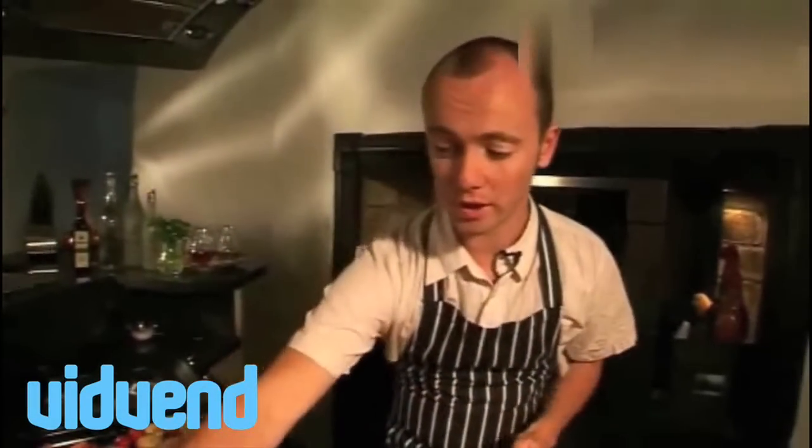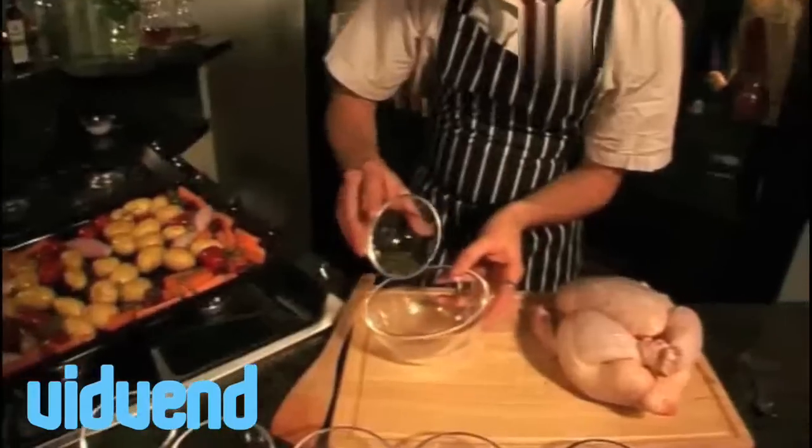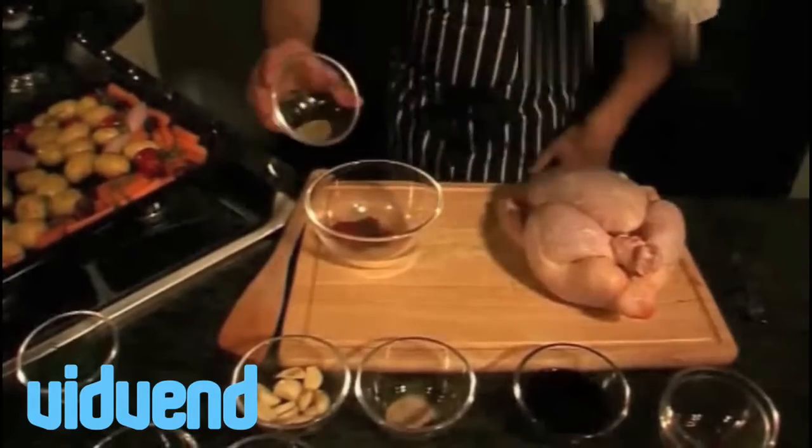So the next thing that we need to do is make a wonderful pungent spice mix for this chicken. What I'm going to use are some lovely fresh thyme leaves. I've just plucked the leaves straight off the thyme. So we're going to mix this all up in one bowl. I've got some nice fresh paprika, lovely fresh cumin,